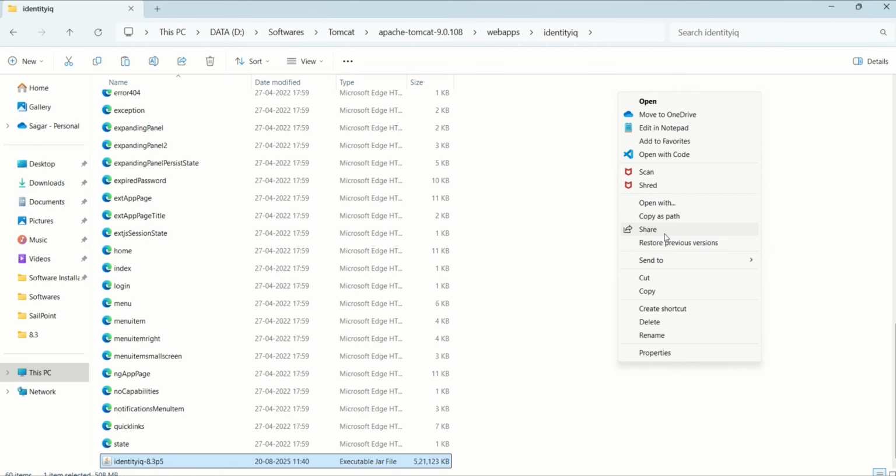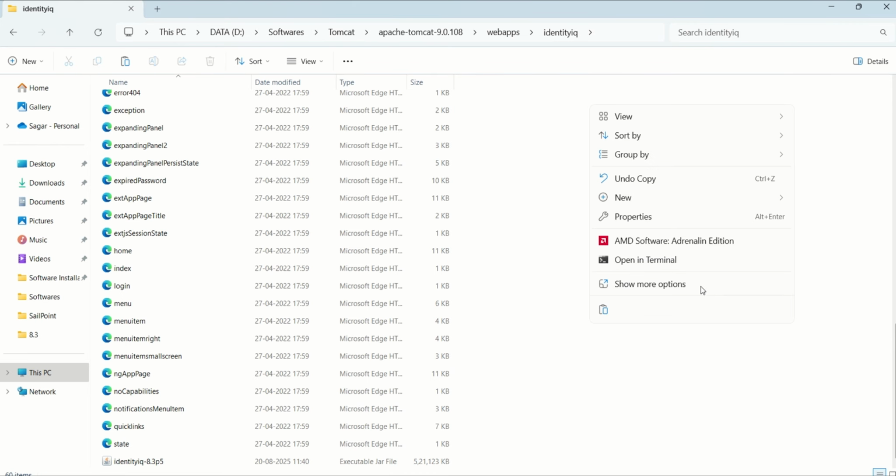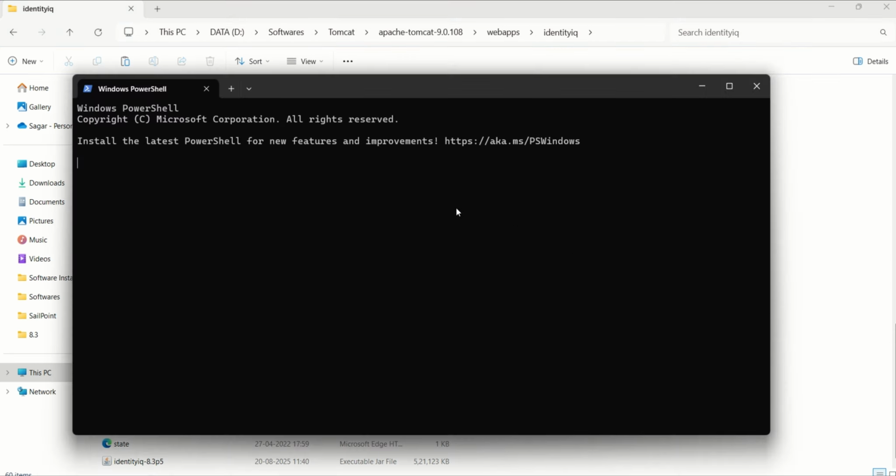So open the terminal from here. Jar hyphen extract verbose and forcefully. Then